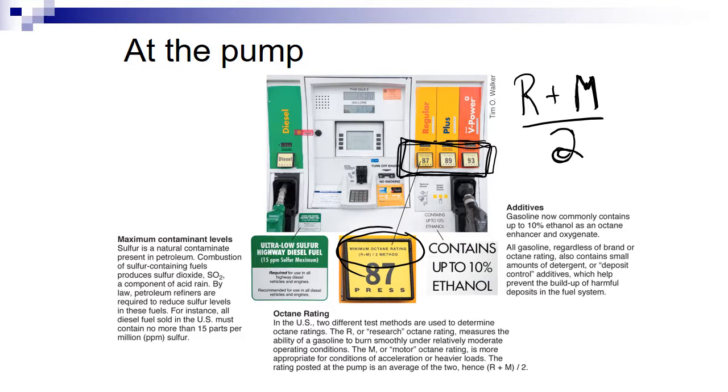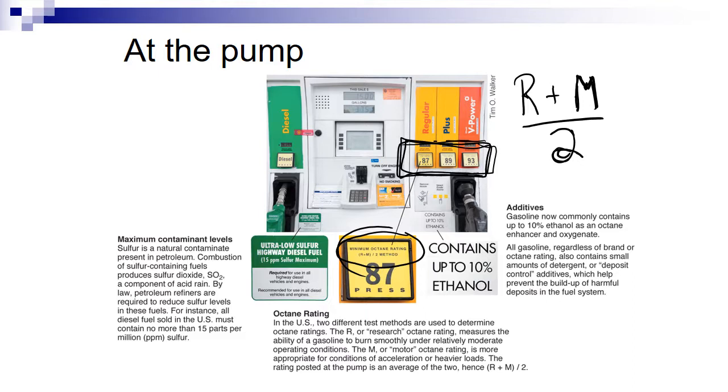efficiencies. R stands for research. That means you have the gas pedal on the floor. You're driving very aggressively. The M stands for motoring. So that means you're just kind of cruising along the interstate. You don't have a lot of starts and stops. You're not trying to go super fast. You're just happy as can be. Well, generally you get better gas mileage if you do that. The research method is a little bit harder on your vehicle. And what we do is we average those two numbers together to get an idea of what that octane rating